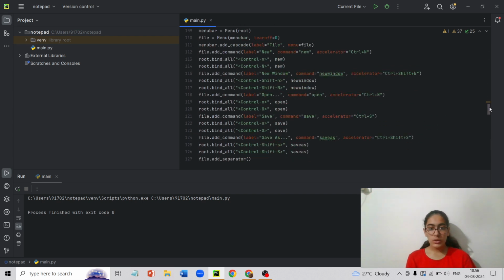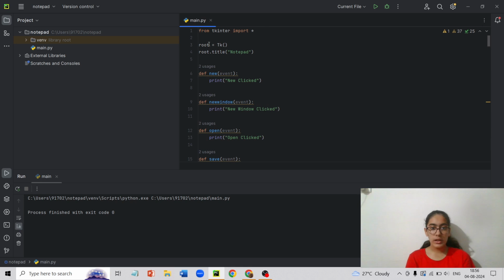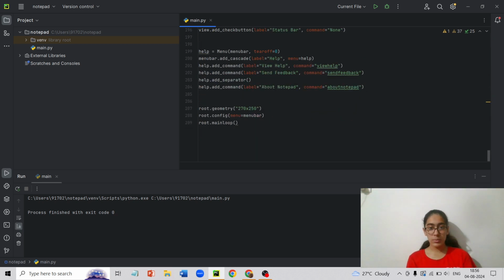Next we go on to line number 109, wherein menu_bar equals Menu(root). I have explained what root is in most of my videos, but I will explain it again. Root is the name of the screen. If you go up here, root equals Tk(), which means that root is the main screen in which all of this will be shown.